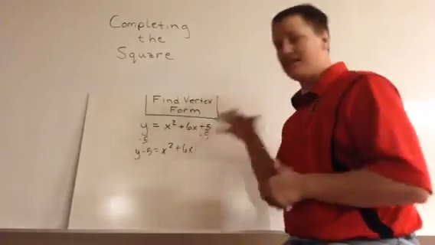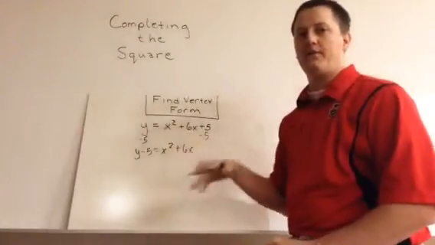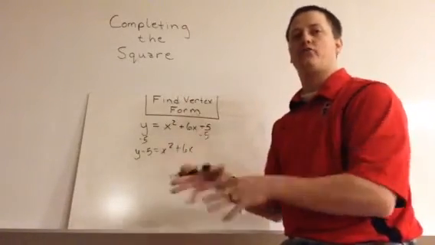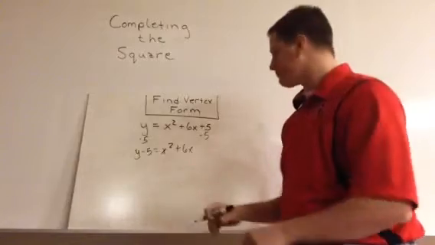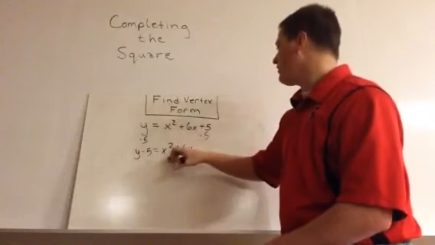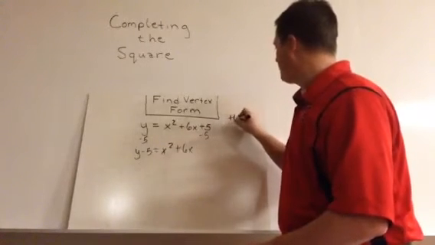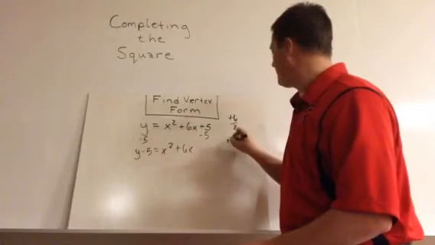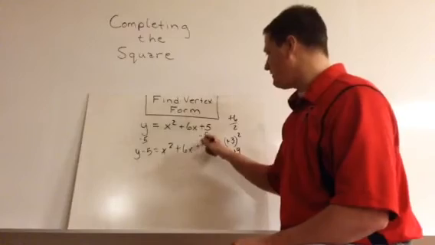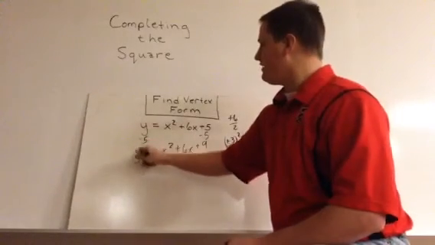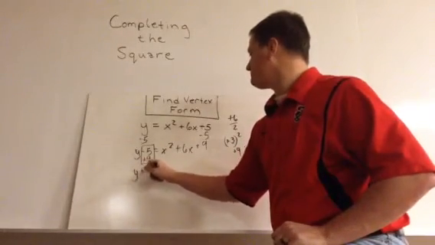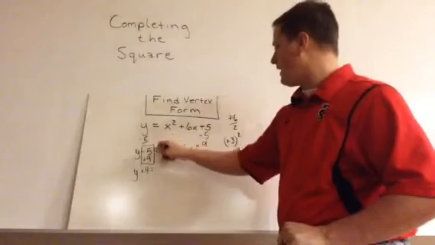In this one, we're still going to go through the same steps, except at the very end, when we would typically solve the problem, we're going to do a little bit of moving back to create our vertex form. Here we've got x squared plus 6x. We want to complete the square, so we're going to take our positive 6, cut it in half, get positive 3. We're going to square that and get a positive 9. I'm going to add 9 to both sides. So instead of y minus 5, I'm now going to have y plus 4 equals,